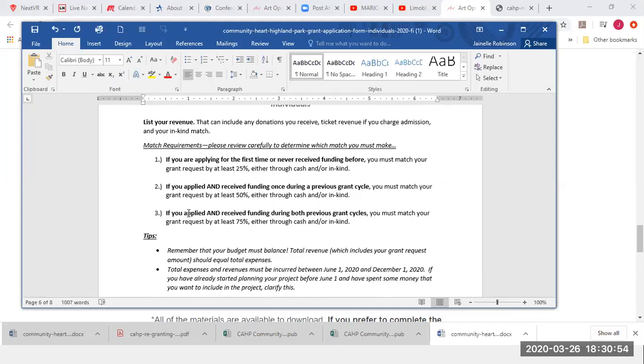And so that's considered an in-kind space. Or instead of me paying the dancer, maybe the dancer decides to gift their dance fees to the project.